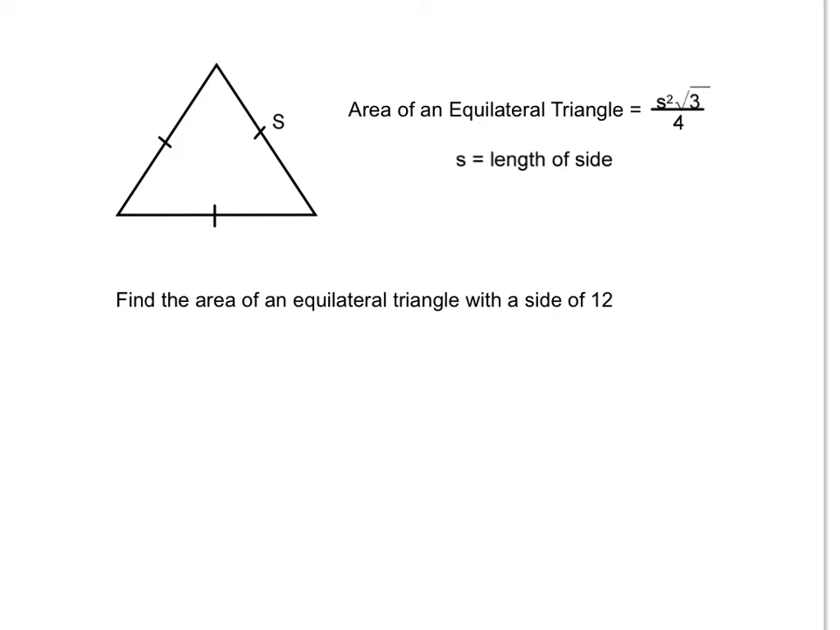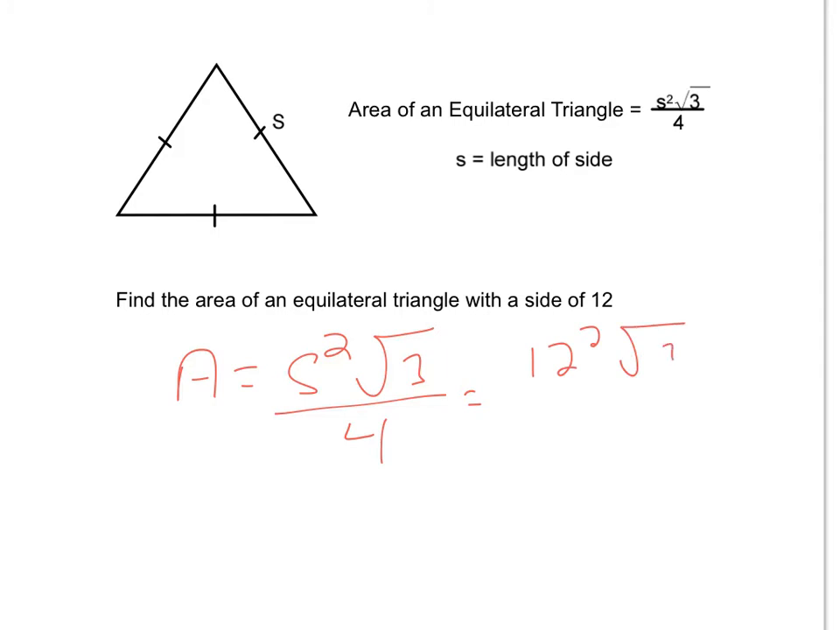But you need to either memorize that, or you have to rederive the area each time. But let's use our formula right now to find the area of this regular triangle, an equilateral triangle. Area equals s squared root 3 all divided by 4, and my side is 12. So my area is equal to 12 squared root 3 all divided by 4. I'm going to pretend for a minute I don't have a calculator,